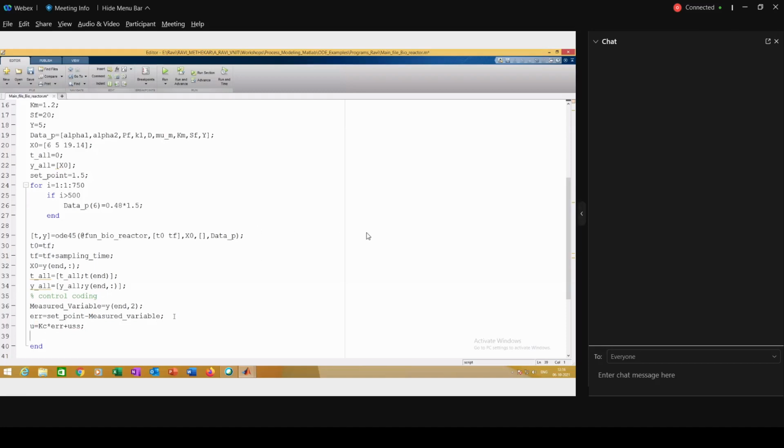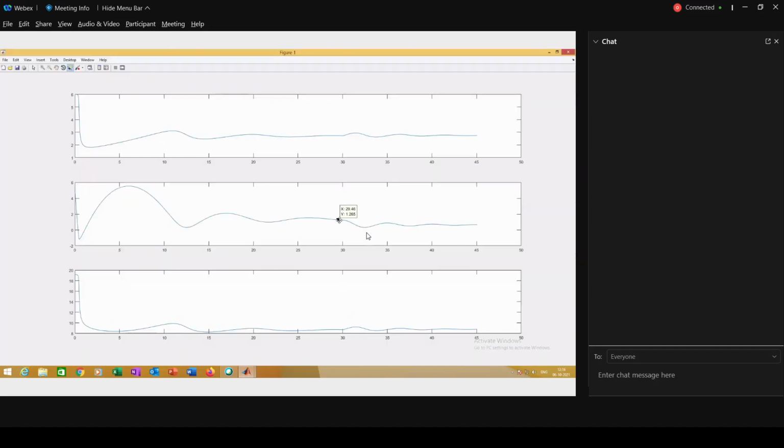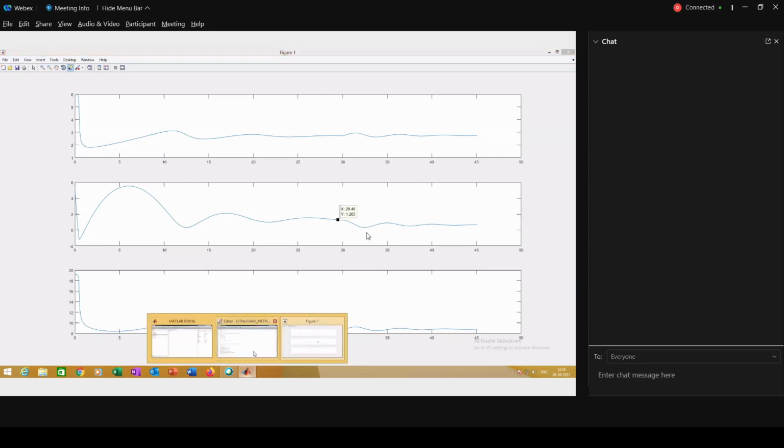This USS is the steady state value at which I design my controller. Here I am designing my controller at the initial conditions. Whenever the dynamics die out, at that point of time I am designing my controller. If you look at the graph, I am designing my controller at this point. I know USS.